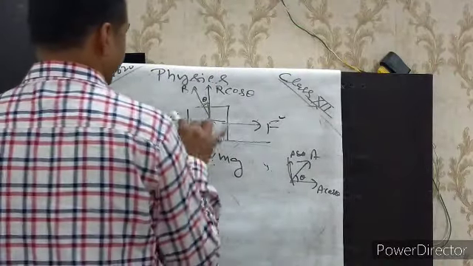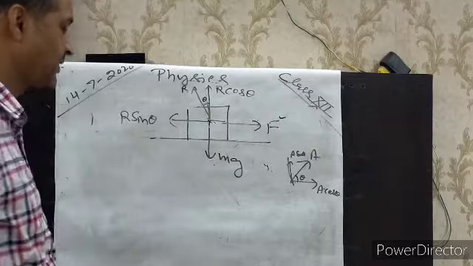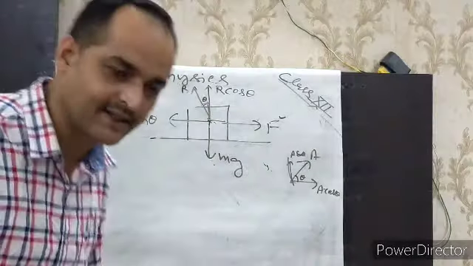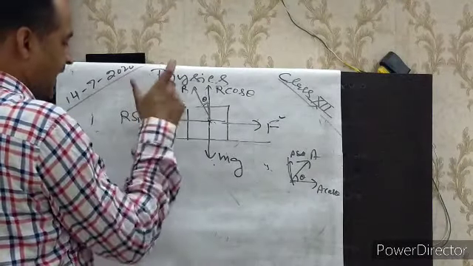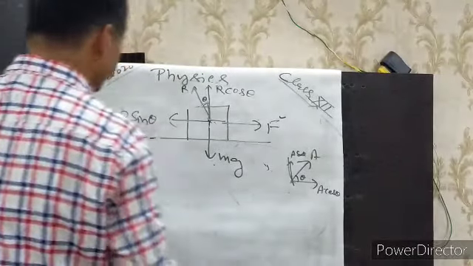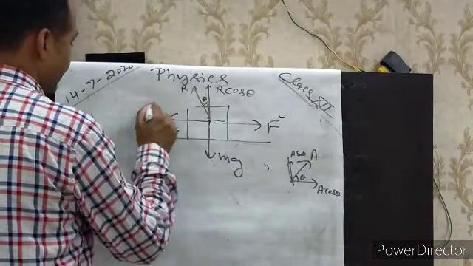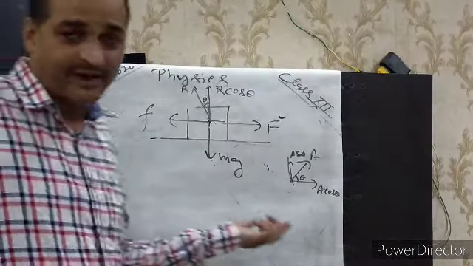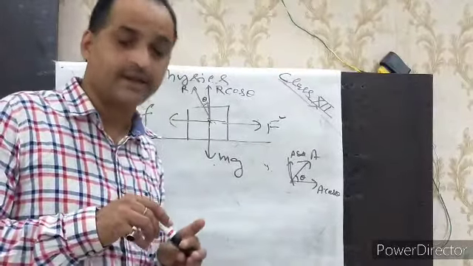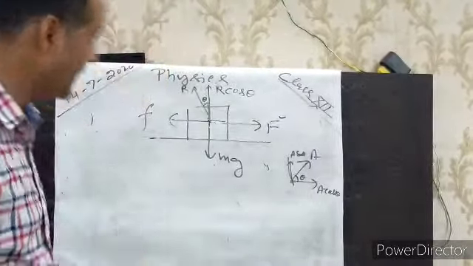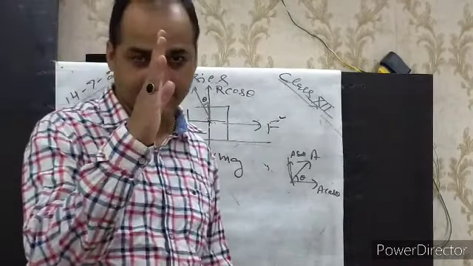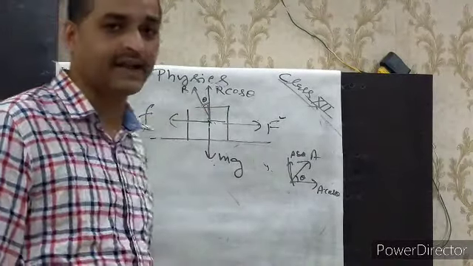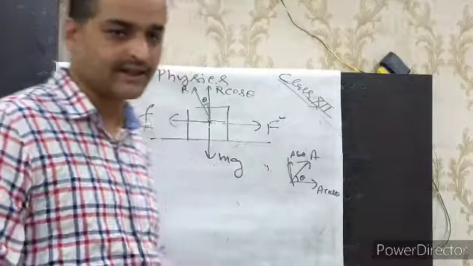And we can say that this force is the friction force, which is trying to keep the block over here only. Is it clear? Then R sin theta is the friction force. Friction force is represented by small f. From where does this small f, or this friction force, come into play? Actually it comes into play from this normal reaction R, which is shifted slightly, and it is resolved into two components, R cos theta and R sin theta. This R sin theta is equal to the friction force. Clear?